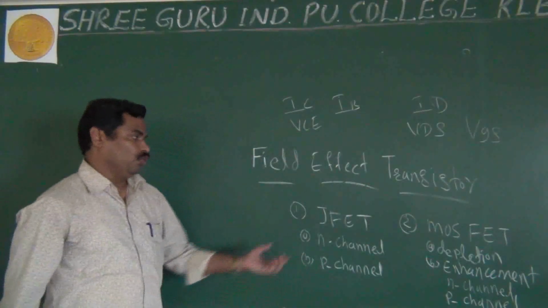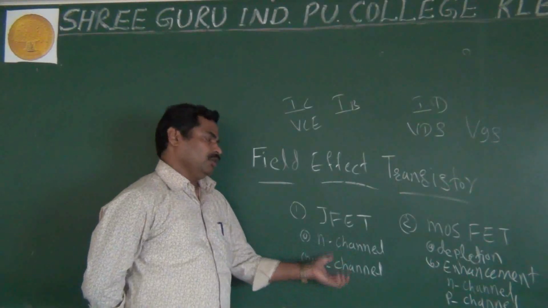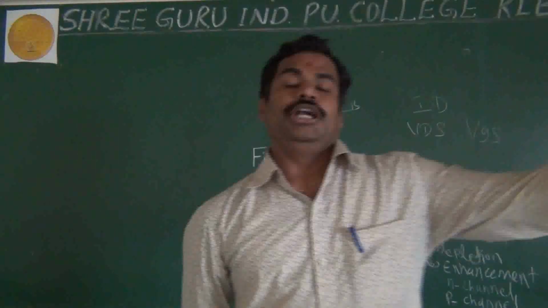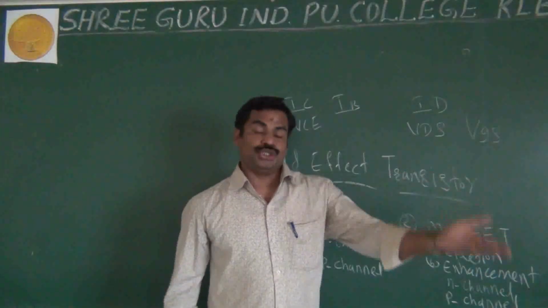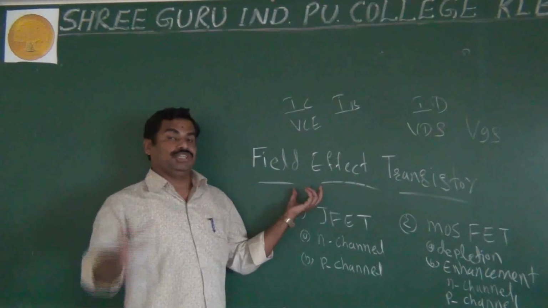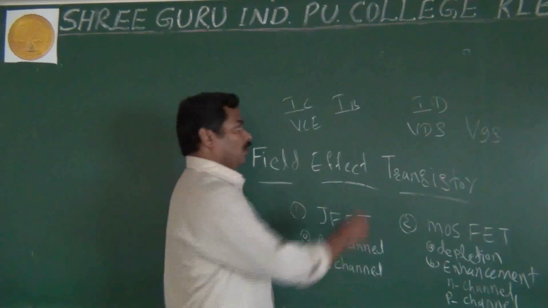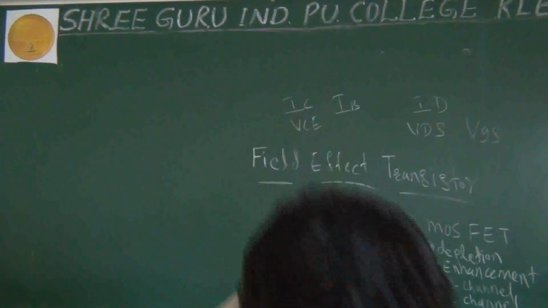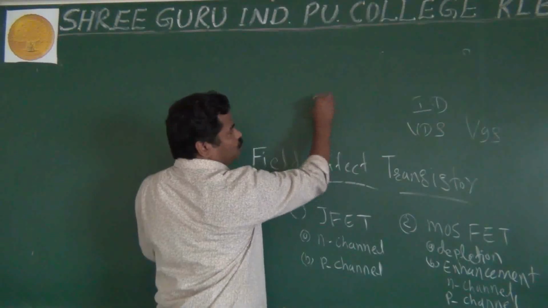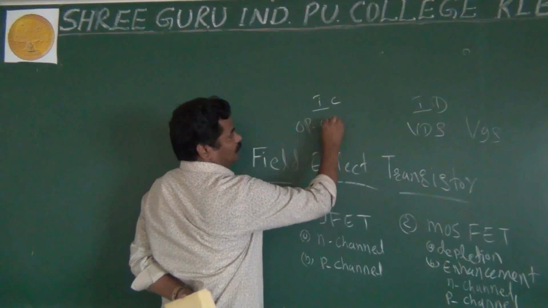Now in the first topic, you go further in detail about JFET and the types of JFET, that is N channel and P channel. As I said, in your transistor it is used for amplification and also for the oscillator. In the same way, you use FET. As I said, the most important advantage of FETs is that they are used in integrated circuits, that is nothing but ICs, and also in operational amplifiers.